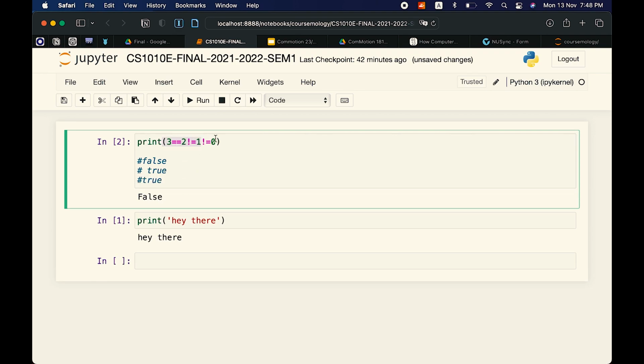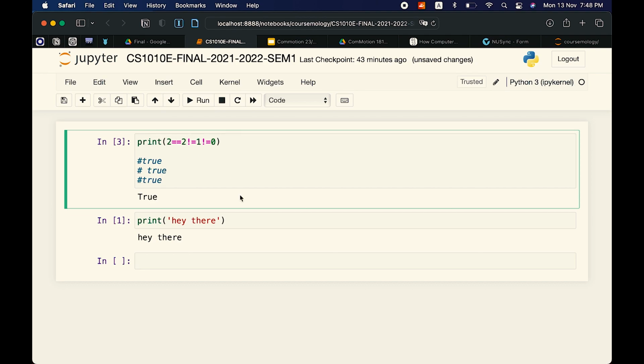However, since we are evaluating this like an AND, what happens is false and true and true. If at least one of them is false, we get false. However, if we put this true, this one becomes true. So that evaluates to true and true and true.